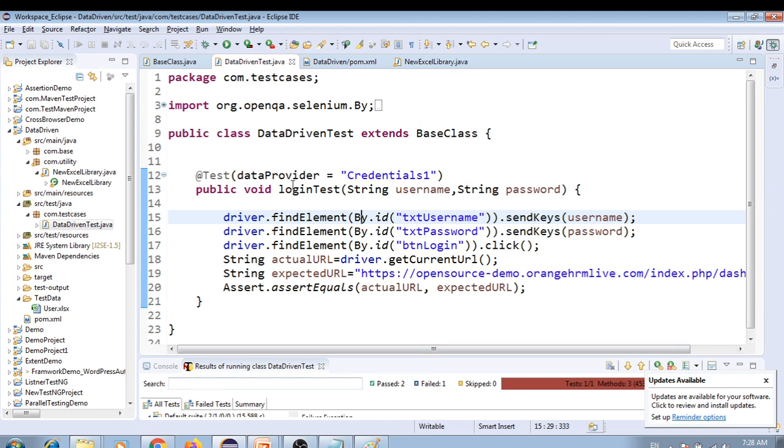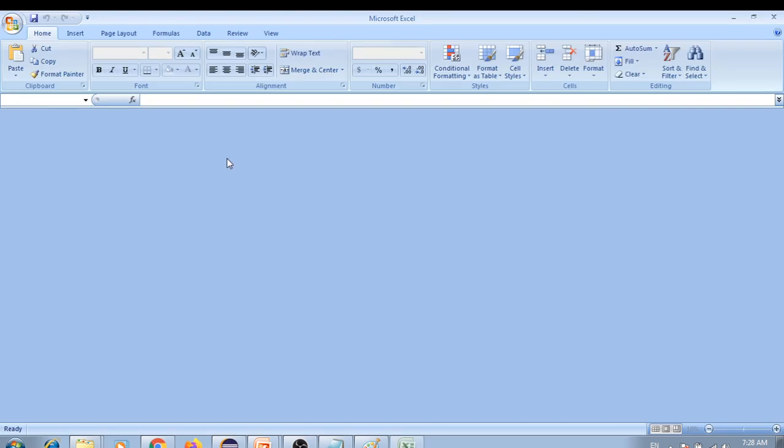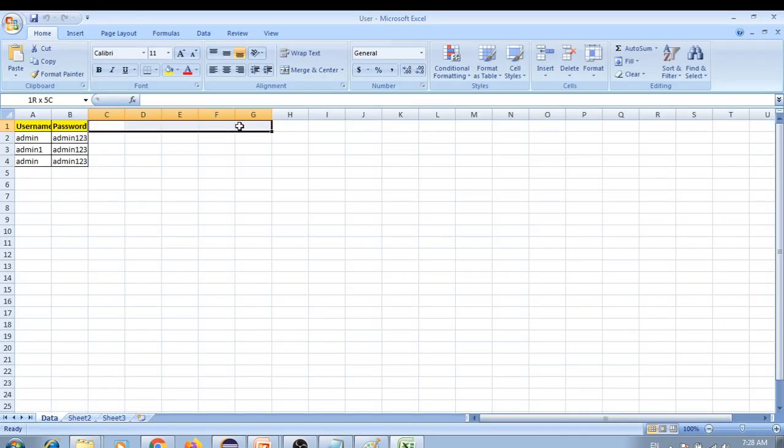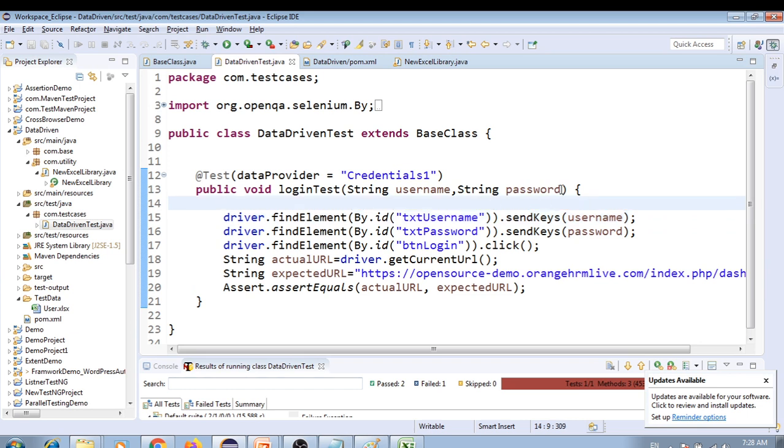You can supply the test data from Excel sheet, and yeah, instead of 2 columns you may have some different columns as well. So you need to just increase the parameter over here in this login test. Similarly, if you have other test method, then you have to just pass the test data accordingly as per your requirement. Okay,